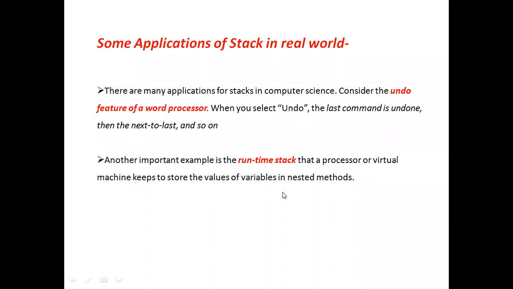Some real world applications of the stack: it is used in the word processor. In MS Word, the undo operation works based on the concept of the stack only.